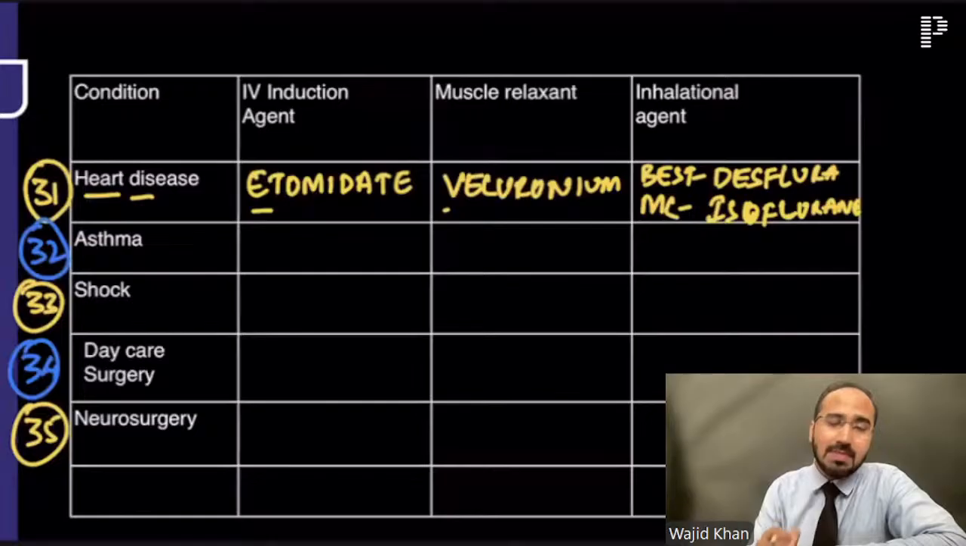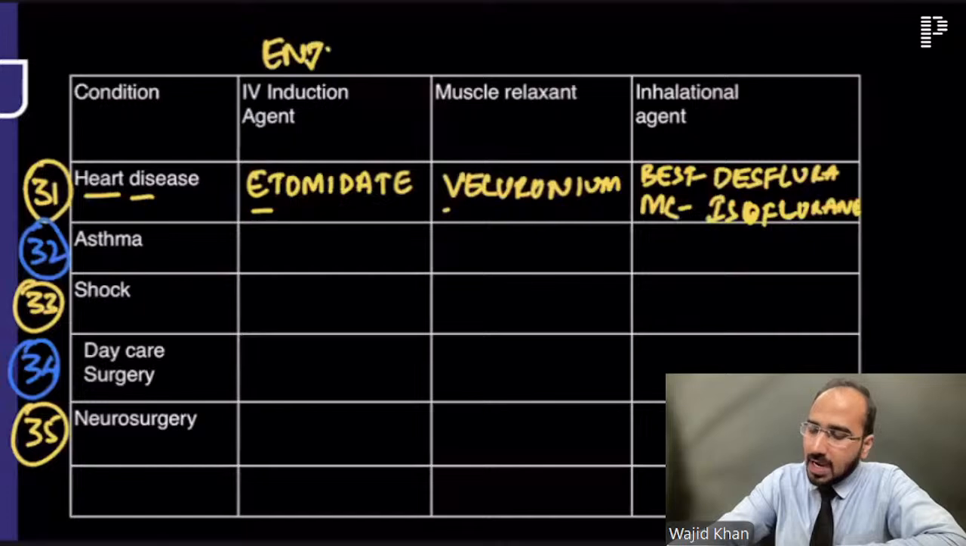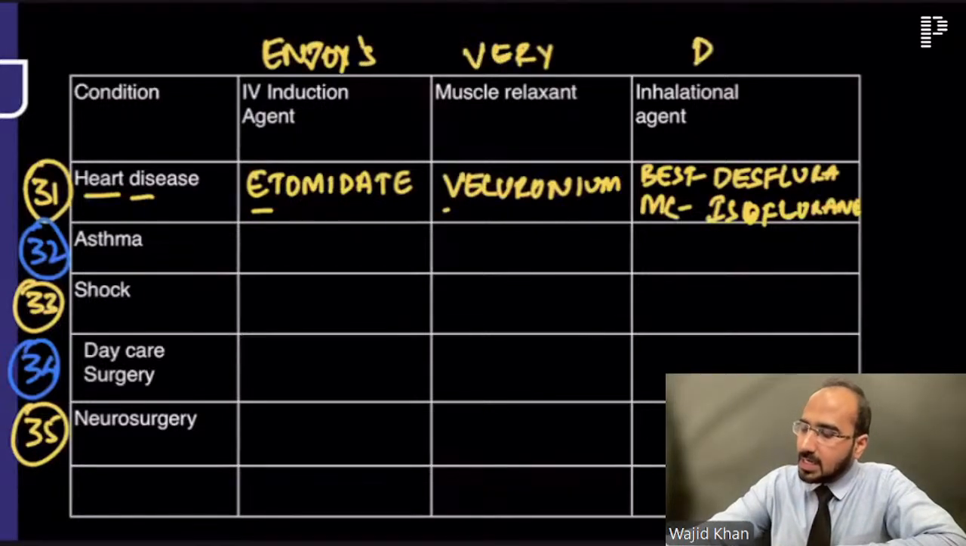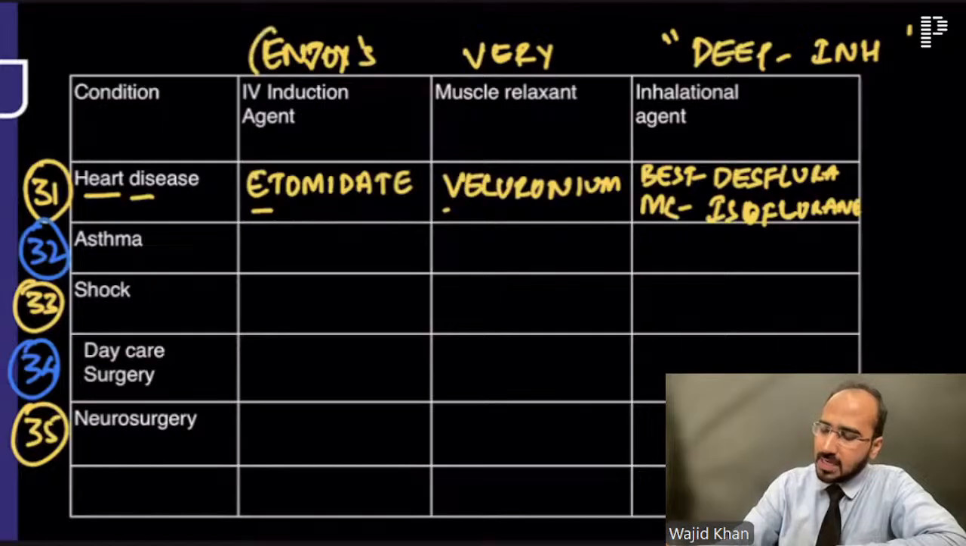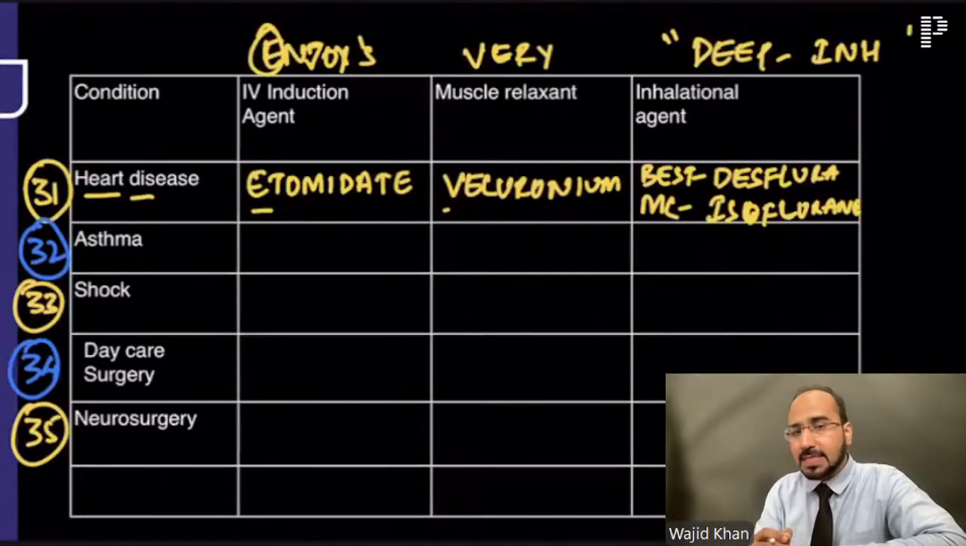Okay? You can also remember it like this, with a mnemonic: heart disease patient, heart enjoys very deep inhalation. Just for your remembrance, guys. Okay? Enjoys very deep inhalation: E for etomidate, V for vecuronium, D for desflurane, I for isoflurane. Right? That is done. Now, if a patient is suffering from bronchial asthma, what is the IV induction